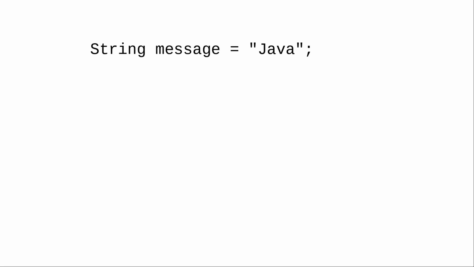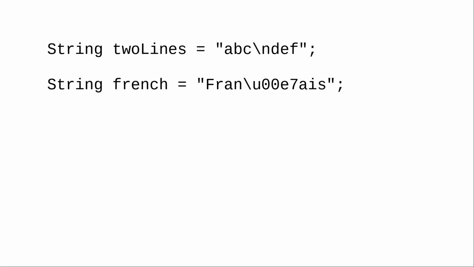Strings, which consist of more than one character, must be enclosed in double quotes. Notice that the data type is a capital S String because String is a Java class, it's an object. A backslash in a string allows you to enter what's called an escape sequence, such as the new line, \n,